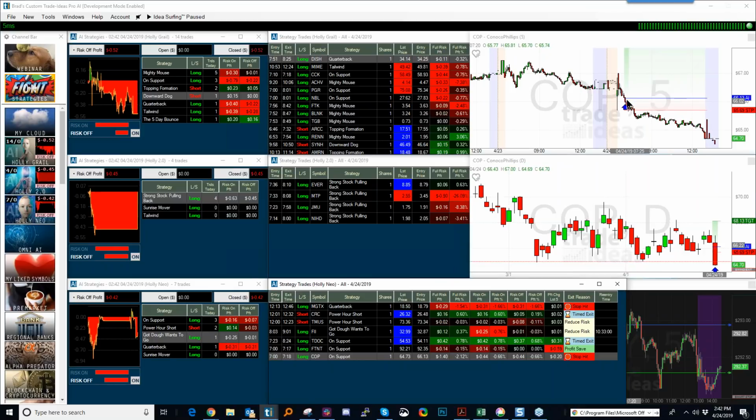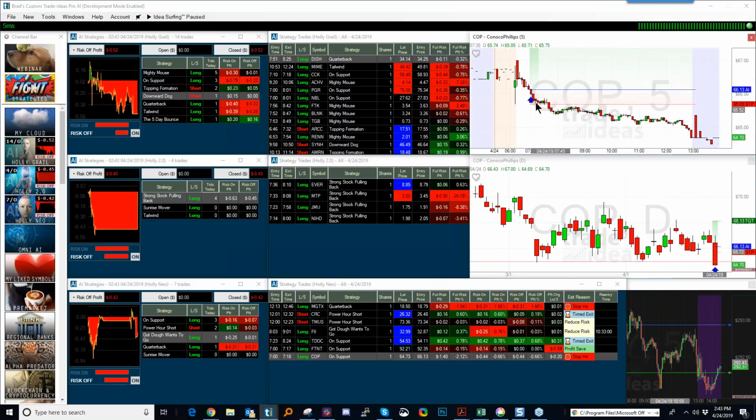It also gives you some visual reference here. When the signal's initiated, you see that blue line and that blue arrow. So that's this candle right here. Let me zoom in a little bit. The red line here is the stop. That's the suggested stop. So you can see this thing didn't work out very well. It was on support. So it found support here and then just broke through, hit the stop, and never came back. And so it just gives you that nice visual so you can see exactly what your risk is as you're looking at that. Yep.